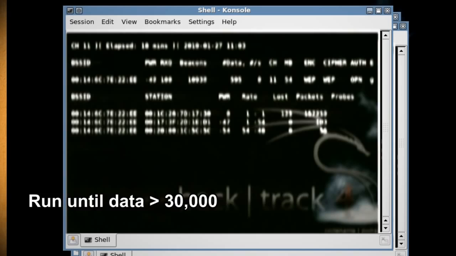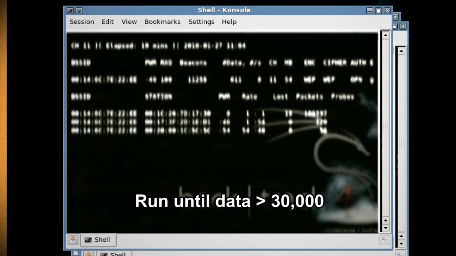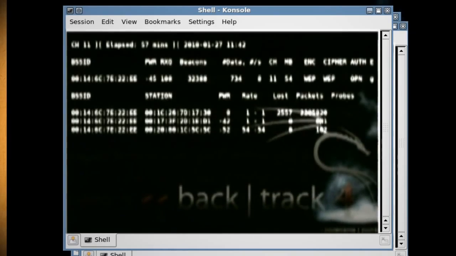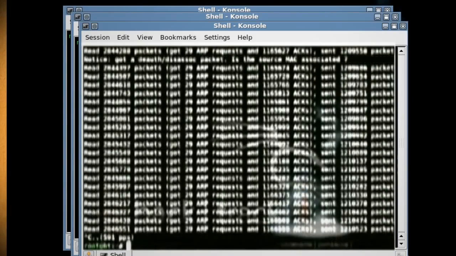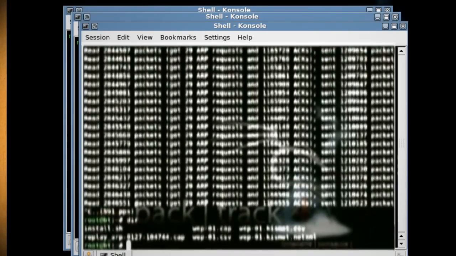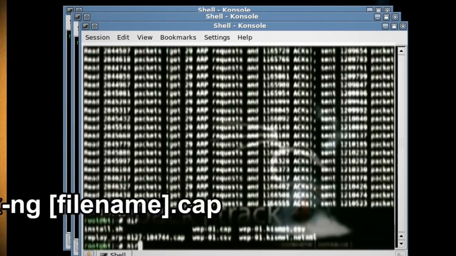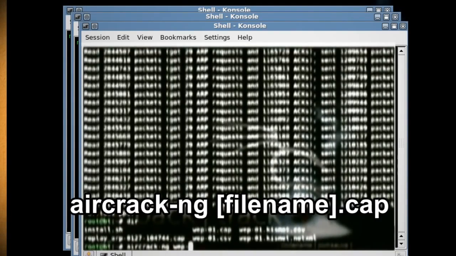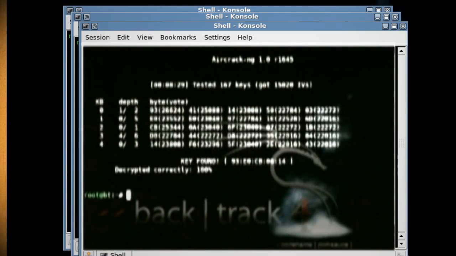You want this to run until the data amount hits at least 30,000, which will take about an hour or so. Once it has, bring up the console that is sending and receiving data and hit Ctrl-C to stop it. Now type dir, which will give you a view of the root directory. We're looking for a file that ends in .cap, as this will have the wireless key. Once you've located the .cap file, type aircrack-ng and the name of that file, and it should give you the wireless